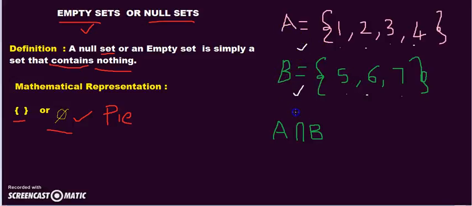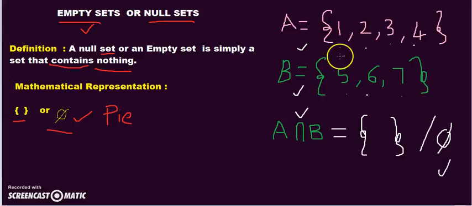We represent the common elements of A and B symbolically with the intersection symbol. This is called intersection. A intersection B means any common elements in A and B. If we observe this, we don't find any common elements. So in this case, we represent the A intersection B set as a null set, like a simple flower bracket, or we can even represent it with phi, which is a null set. We call this a null set.